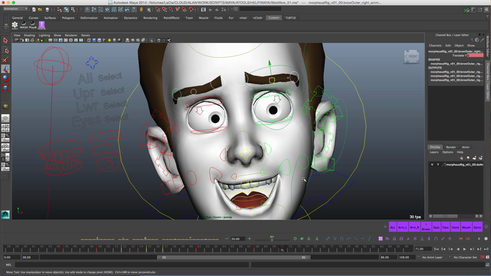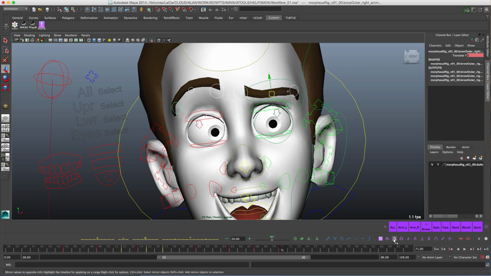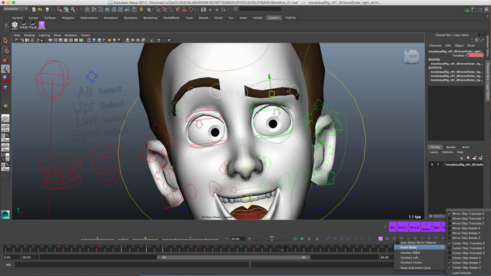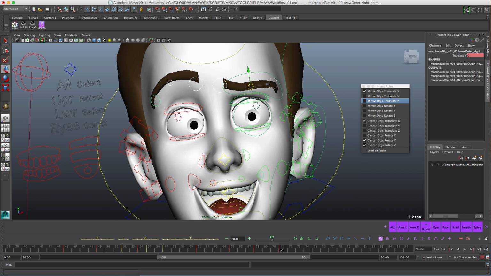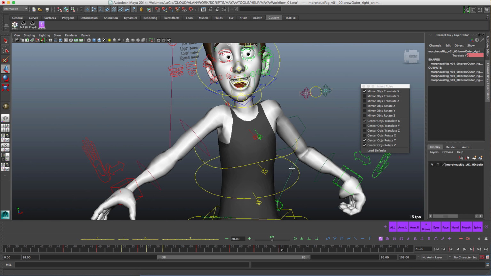One thing to notice though is that if you right click here, you have this invert rules on the mirror, right? So it's going to always respect what you have here. These are the default options, so it's going to mirror the translate X for those objects,